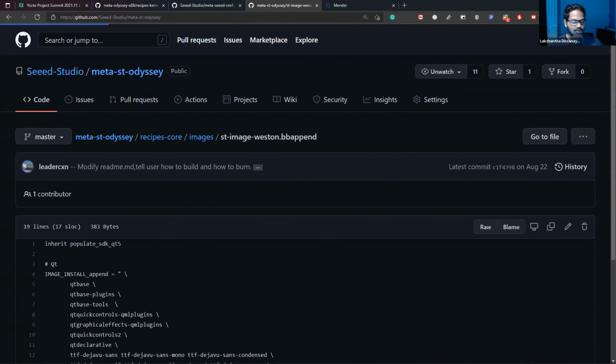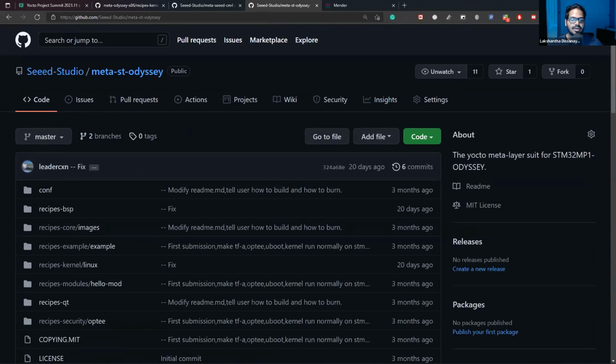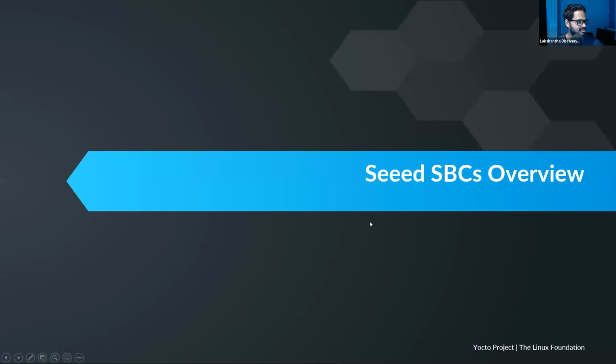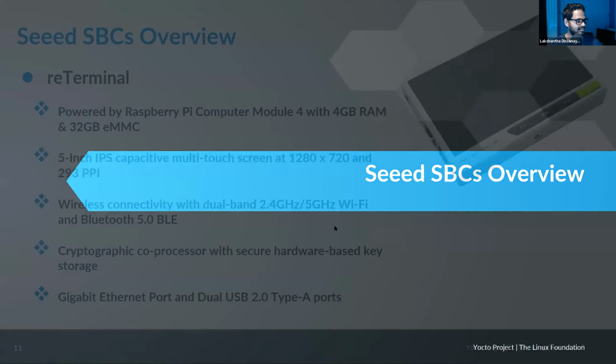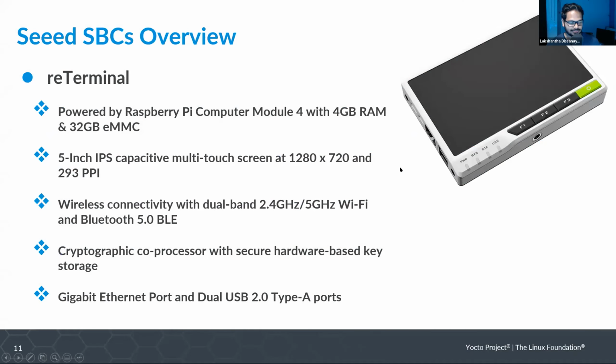Now I will give a brief introduction about the single board computers that I have mentioned before. First is the reTerminal I mentioned before. It is powered by a Raspberry Pi Compute Module 4 and has a 5-inch multi-touch screen. It is well suited for human-machine interface applications and has several wireless and wired connectivity options.